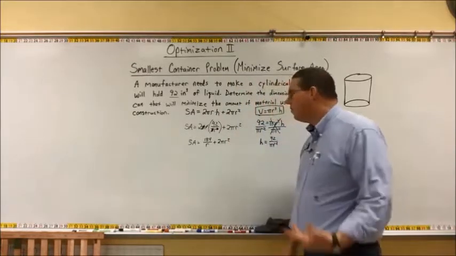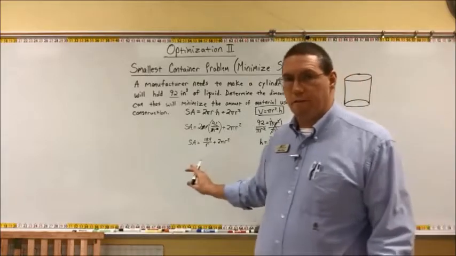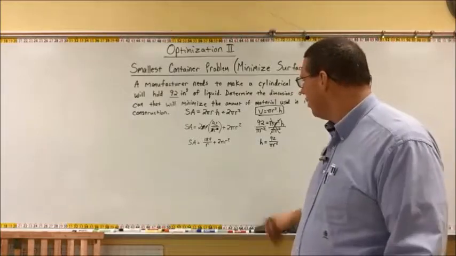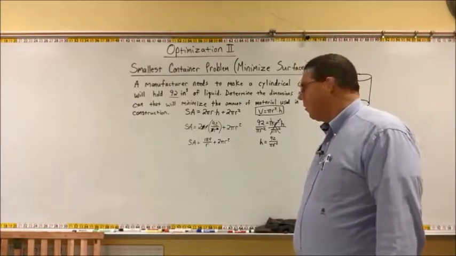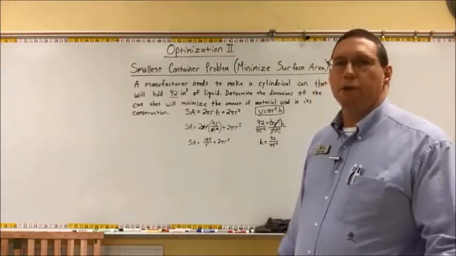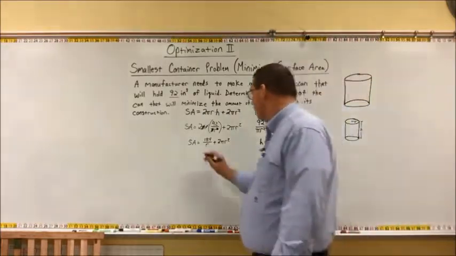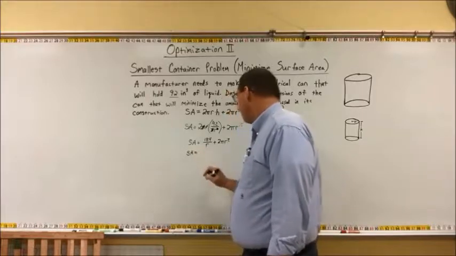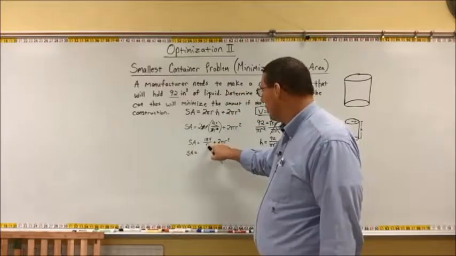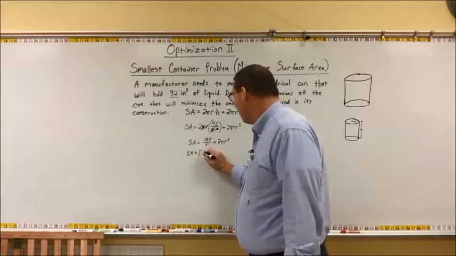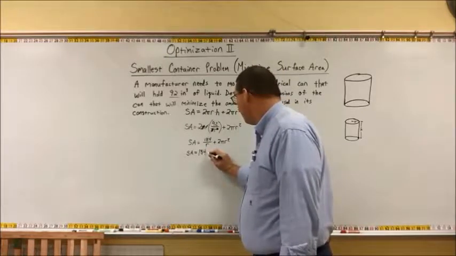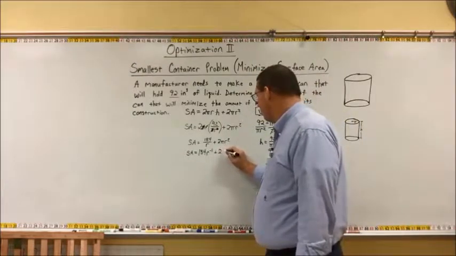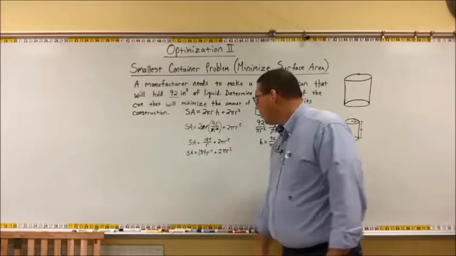Now, I happen to know that I'm going to have to find the derivative of this. Because I'm going to find the derivative of this, we'll go ahead and use the graphing calculator for it, but I will show you what I would do if I was going to find the derivative of this. In fact, we'll go ahead and do it, and we'll do it with the calculator also. My surface area, this r to the first power in the denominator can actually come out of the denominator, and I would have 184 r to the negative 1 power. And then it'd be plus 2 pi r squared. So now the question